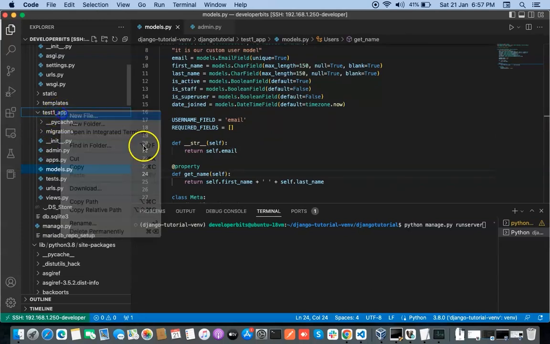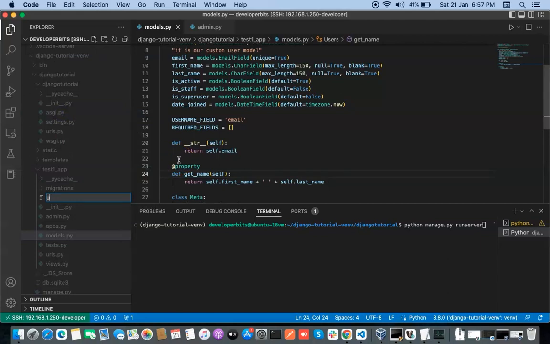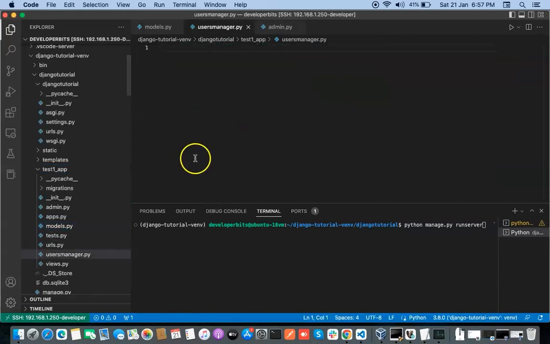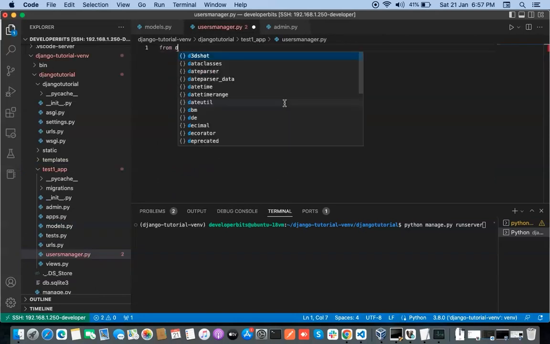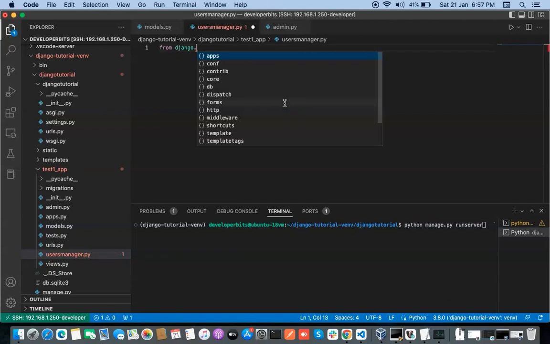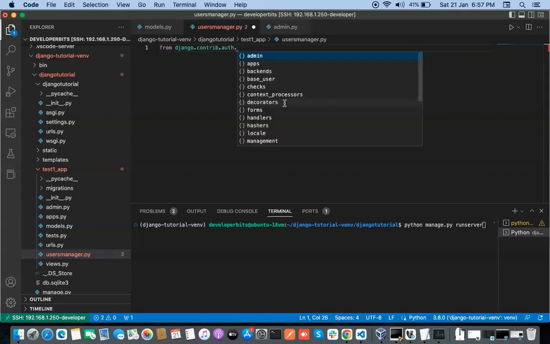Right click and create a file with any name, usersmanager.py. So import some classes which will help us to create the user manager, which will define some functions to create